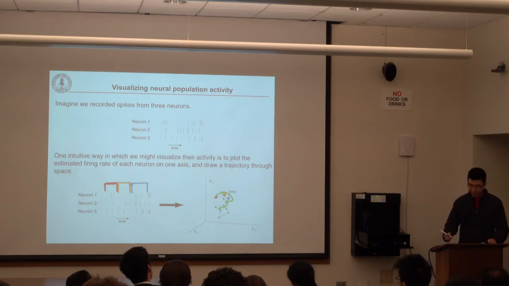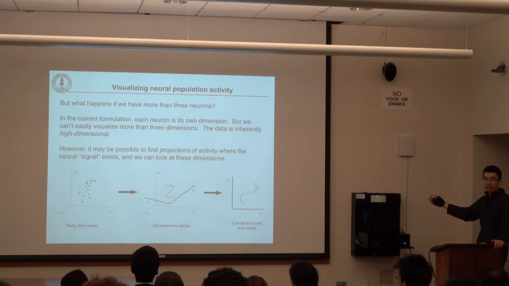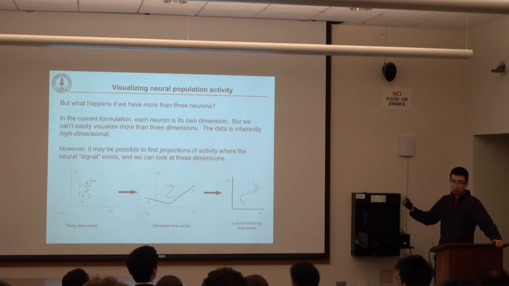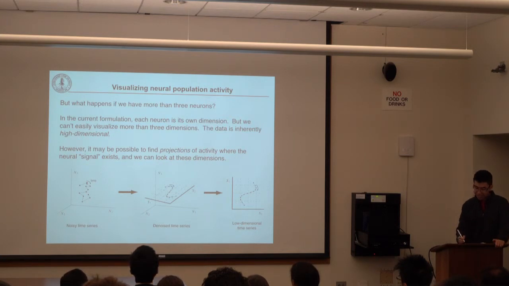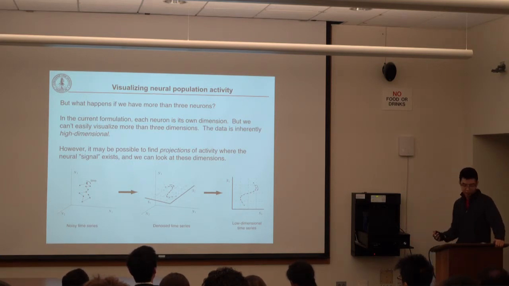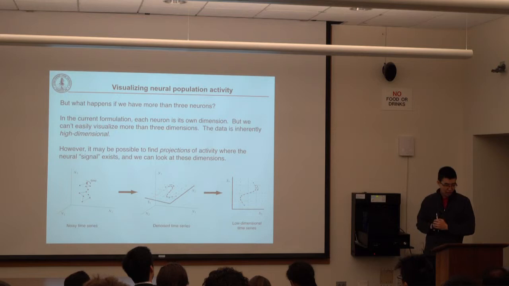All right. And so what happens if we have more than 3 neurons? So in the data set that you're working with, we have 100 neurons. In the current formulation, what we've said is that each neuron is its own dimension. And as soon as we have 4 neurons, 5 neurons, we can no longer use this approach anymore. And so inherently, the problem is that we can't visualize more than 3 dimensions. And because this data is high dimensional, if each neuron is its own axis, is 100 dimensional, how do we